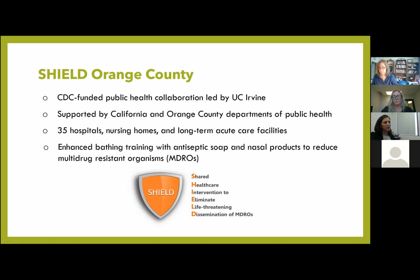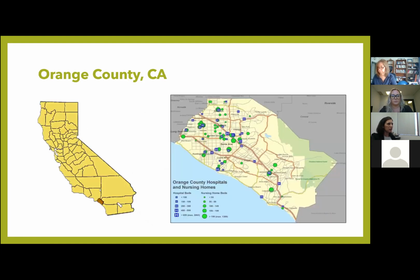And what they received was what we call enhanced bathing training. So we really wanted to make sure that not just that they were going to be using this different type of soap and nasal product, but really that they're going to be giving a good quality bath. And that when bathing is being done, it's being done with care. And the ultimate goal of this was to reduce multi-drug resistant organisms, which is just another way to say antibiotic resistant germs. So this was here in Orange County, where we have about 70 skilled nursing facilities and just about